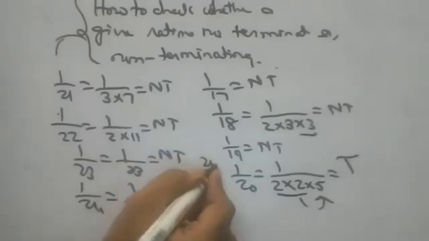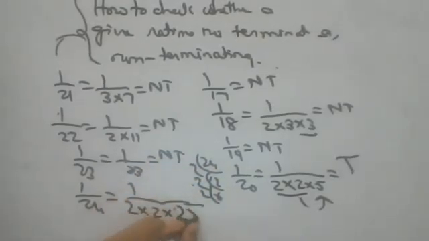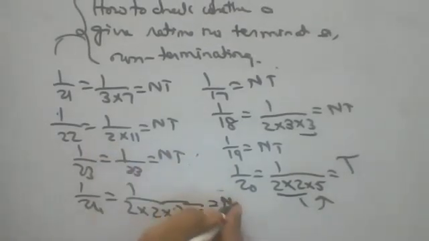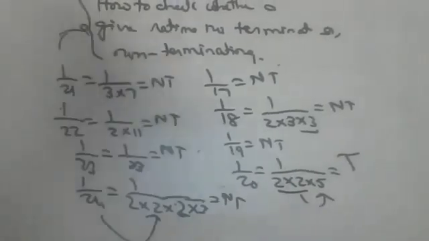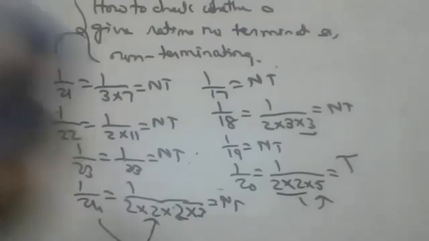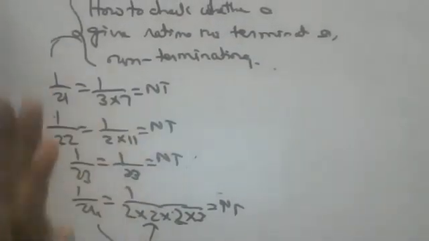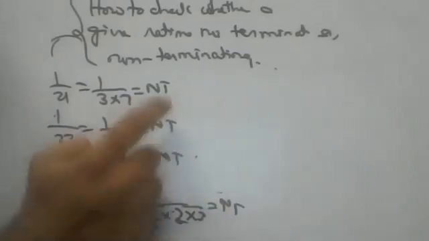What is the prime factorization of 24, children? 2 12s are, 2 6s are, 2 3s are. So children, 3 is there, so non-terminating. Compulsory, you have to do prime factorization of the denominator, children. If you see the prime factorization of the denominator, then you will understand. So it is non-terminating. Today only I am telling how to check terminating or non-terminating. Tomorrow I will say, if it is terminating, how to convert it to decimal.